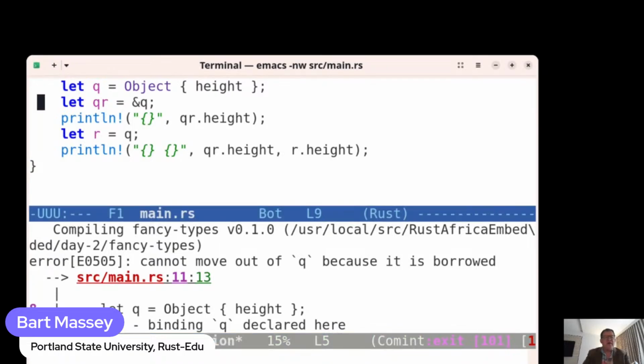Right now, you've got a reference to this thing, a thing that is like a pointer to this thing. But I tried to move it while I was still holding that pointer. I'm going to use this pointer down here, and so it has to be good when I get down here. And so the compiler is like, no, you can't be moving out of a thing that you're going to use a reference to later. This is one of the most important differences between Rust and C,